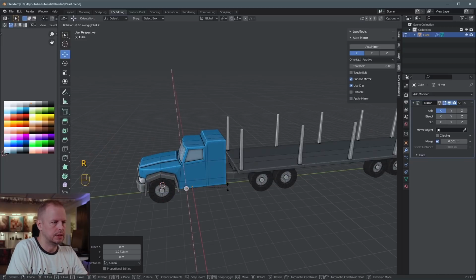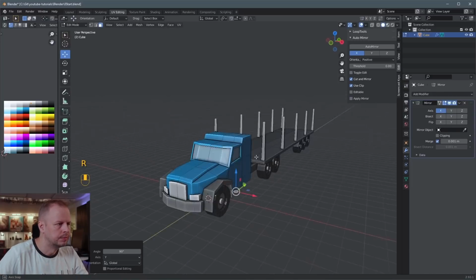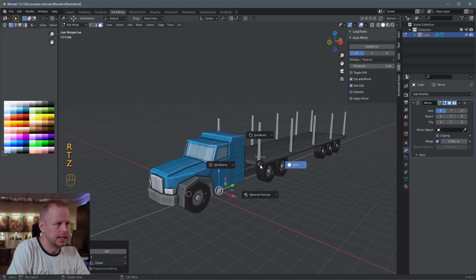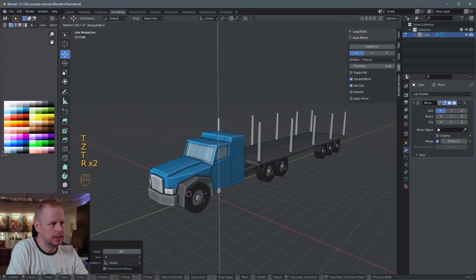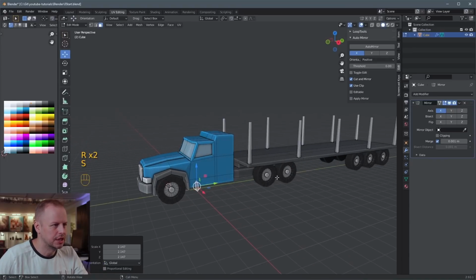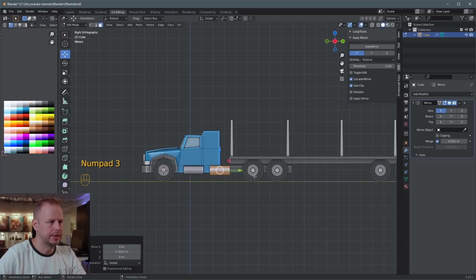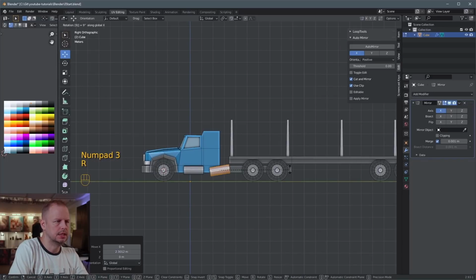Rotate X 90. No, rotate Y 90. Oh, that wasted time. Rotate X 90. Rotate. Okay, Z 90. Rotate Z 90. That took so much longer than it should have. E to extrude. And that's some sort of, I don't know what it is. It's like petrol storage, is it? Rotate X 90. I saw that on a picture